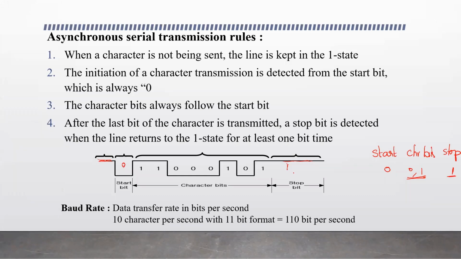Here a byte is transmitted, right? 8 bits are transmitted with the start and stop bits. And once this is over, the stop bits are placed. So that indicates the end. It may be one single one, which means the line stays in one state for a bit time or 2-bit times. So a minimum of 1 bit time, the line stays in the high state.